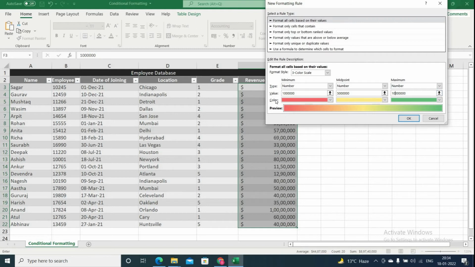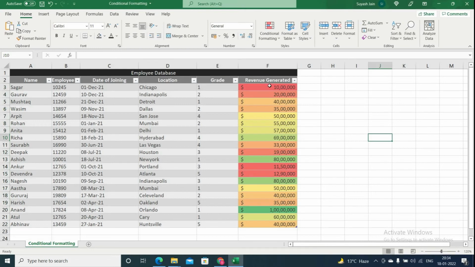So the values which are between 0 to 1 million are marked in red. As the value changes from 1 to 5 million, it would change the color from red to yellow. As the value changes from 5 to 10 million, the color changes from yellow to green. So when I click OK, you can see the heat map would be created for us using the rules that we have manually configured there.